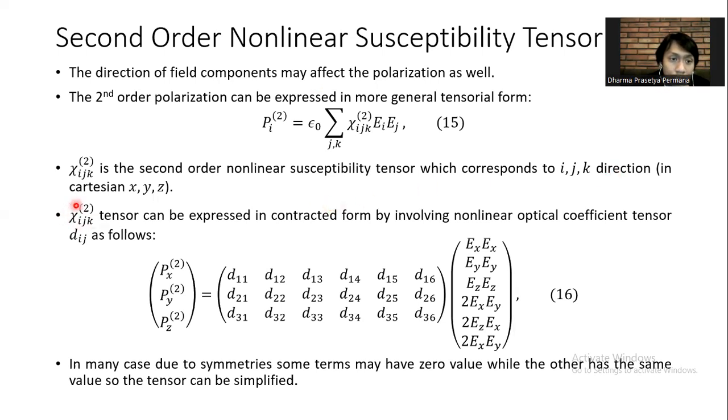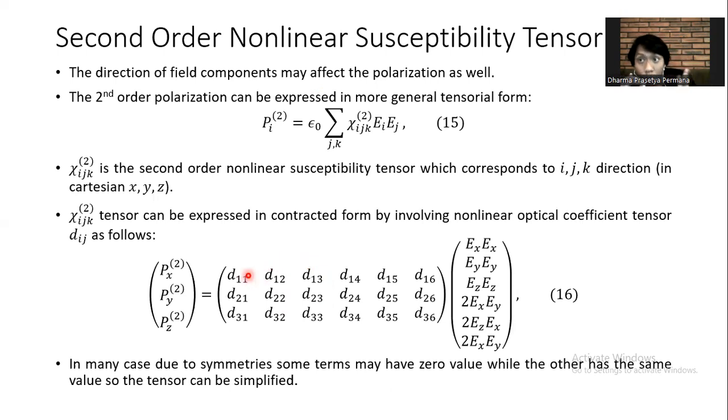And also this second order tensor chi2 can be expressed in terms of the d tensor. What we call the d tensor is the nonlinear optical coefficient tensor. So it's just another way to express this chi2 tensor using the second order nonlinear optical coefficient tensor. But to be perfectly honest, I have no experience in using this notation in equation 16, so I cannot explain it any further. But what I can explain is that